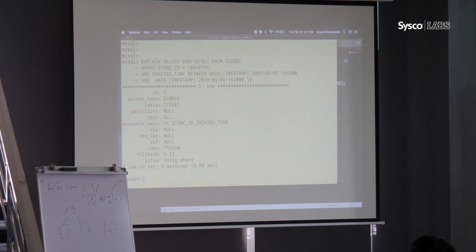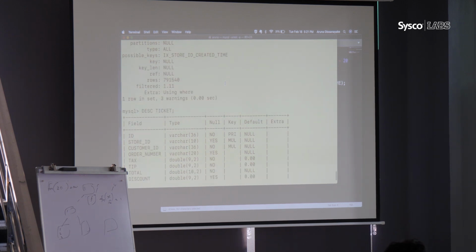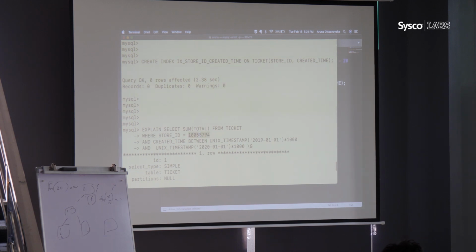If you analyze the table, let's see what's there in the table. Store ID is a varchar column, right? And what we are passing here is actually an integer. So it actually does an implicit typecasting to convert this integer into a string.